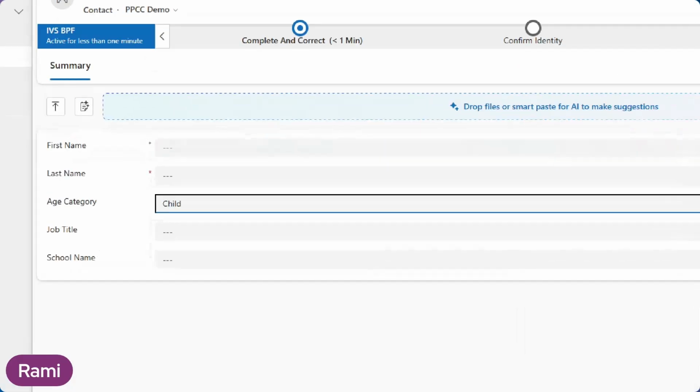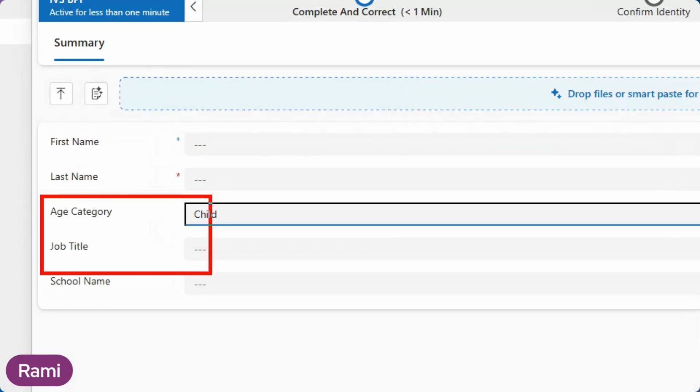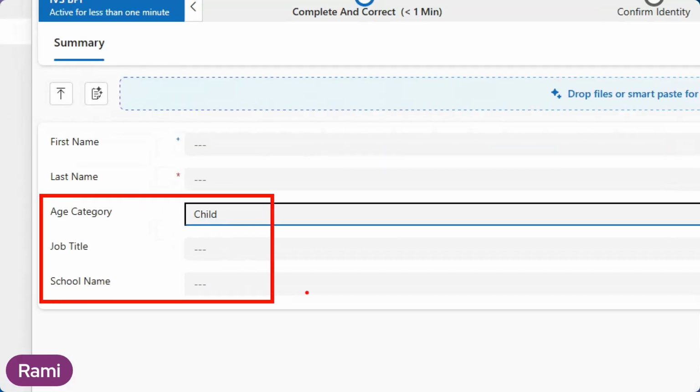And quite typically, the customers will say, you know, there's quite a lot of information on the form, and people get quite confused when they're trying to actually build those forms. And then when they start to populate the content in it, there's just too many fields. They want to simplify it. They want to be able to say that if you select a child, for example, I just want the school name to appear. If I select adult, I just want the job title to appear.